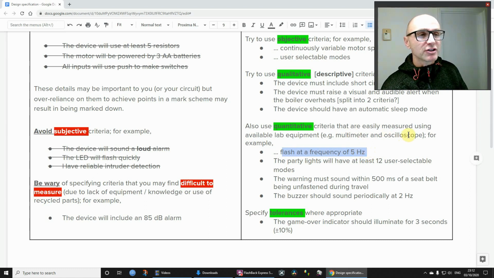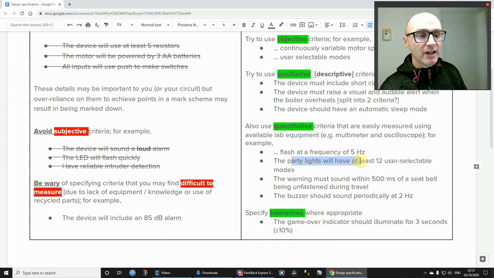Even if you haven't used an oscilloscope yet, it's very easy to learn how to use the ones we have, and you can hook a probe onto, say, the LED. Although you can actually see the LED going on and off, you'll also have a little graph on your computer screen which you can screenshot, and then you can put in as evidence that you have measured that, and it does output at that frequency. Another quantitative, in other words measurable, criteria, I think I'll call it measurable, is